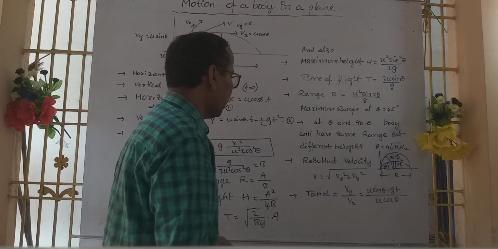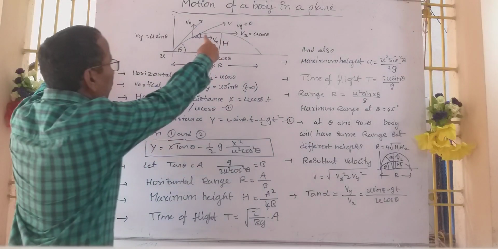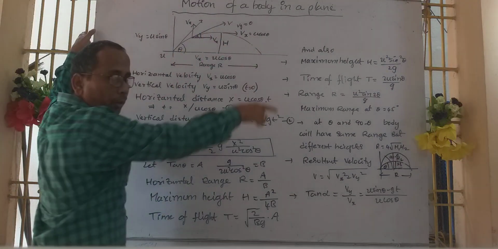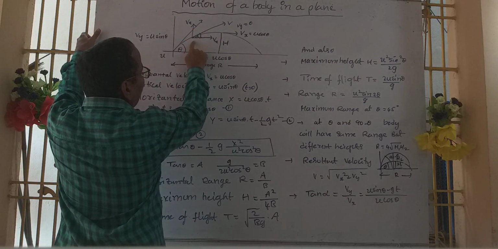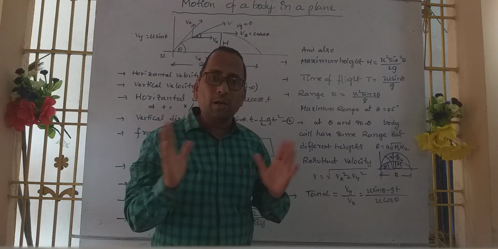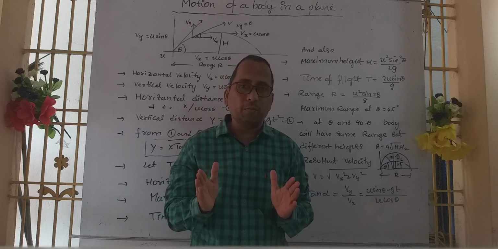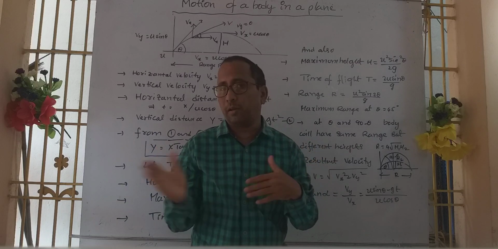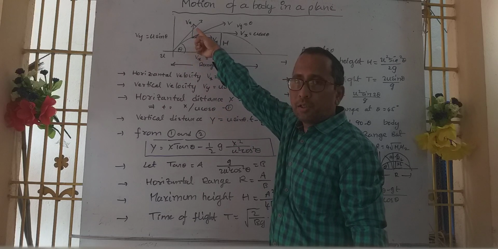After that, resultant velocity. What is resultant velocity? Come back to the concept. This body is projected like this. It is moving in a parabolic path. After some time, the horizontal velocity is Vx and the vertical velocity is Vy. Horizontal velocity remains constant, as I told already. But vertical velocity Vy is not constant. It gradually changes with time. That's why there is a change in the vertical velocity.